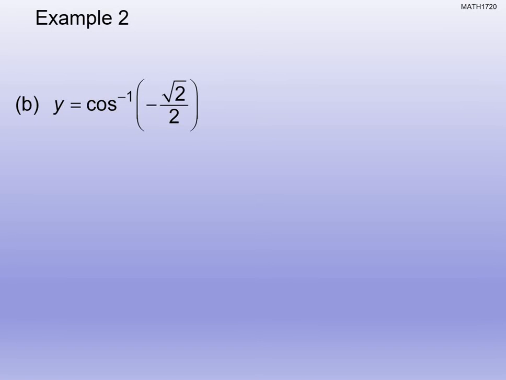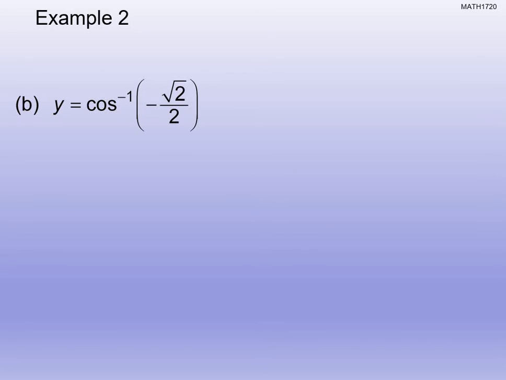Okay, let's take a look at this one. We want to find cosine inverse of negative square root of 2 over 2. You can type this in your calculator, right? As long as you're in radians mode, you're going to hit second cosine. Make sure the square root of 2 is all in its own parentheses, divided by 2, and you can put the negative with the top or the bottom, and you'll get your value. Okay, but for us,